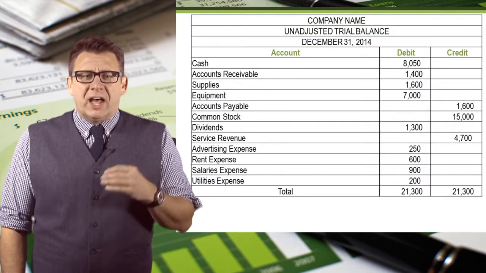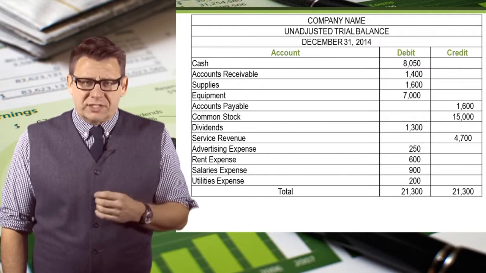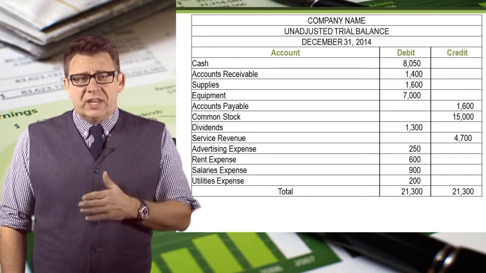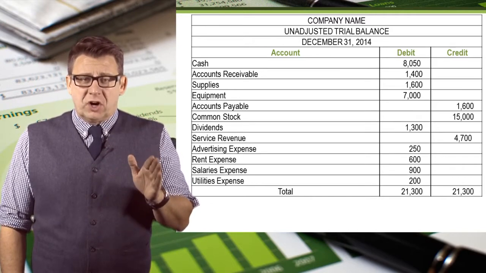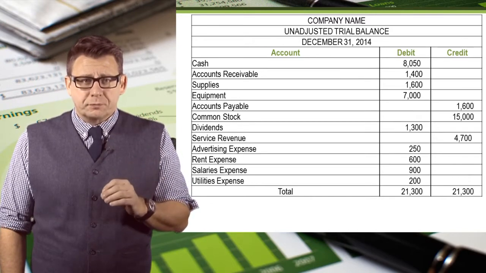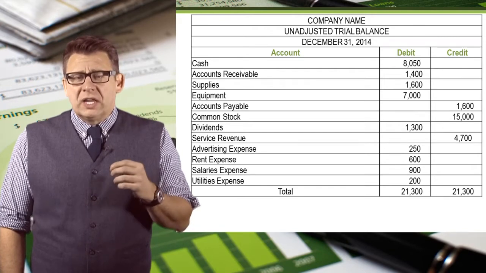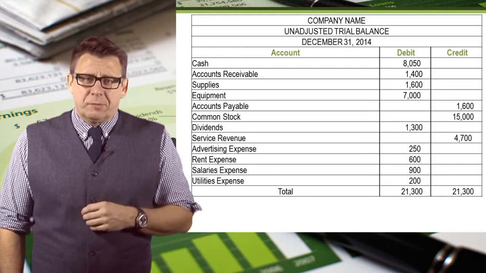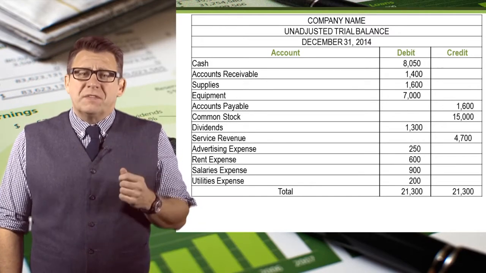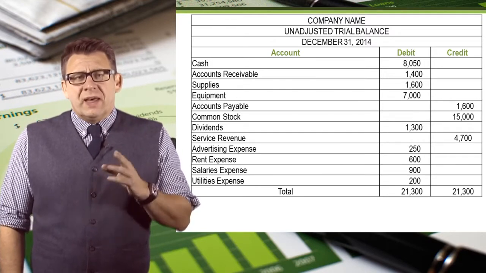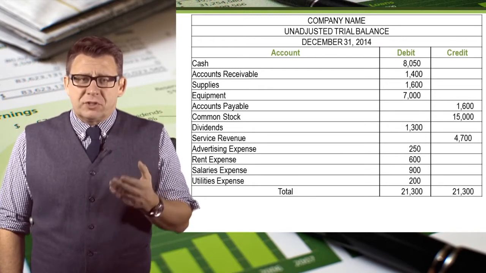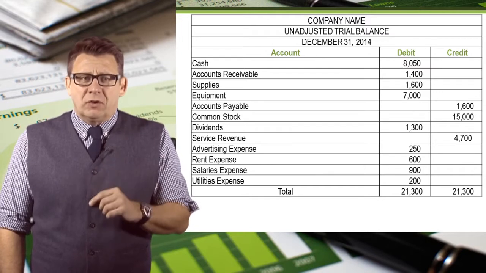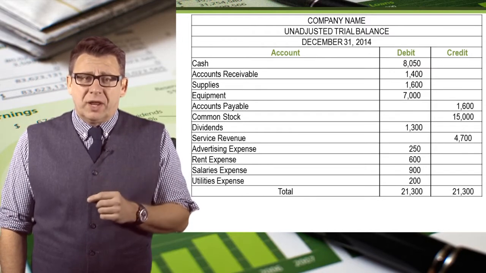I'd like to identify why this is an unadjusted trial balance. Specifically, other than telling us the balances of our ledger accounts at this time, and whether or not our debits equal our credits, the trial balance doesn't tell us very much. For example, look at the supplies balance. That balance has likely come from the purchase of supplies during the month. However, it may not be the amount of supplies on hand at the end of the month if we've used